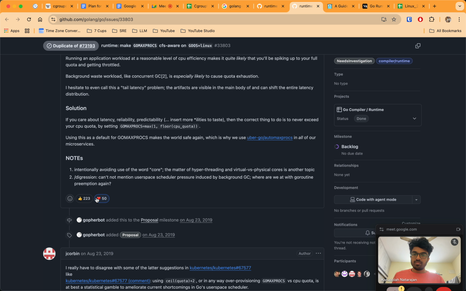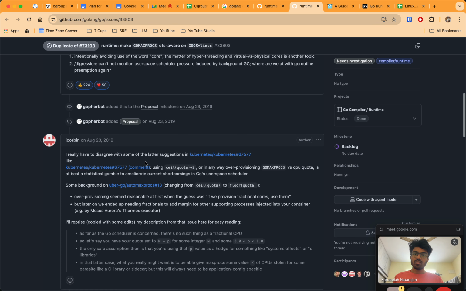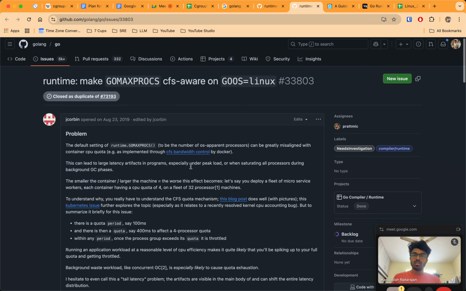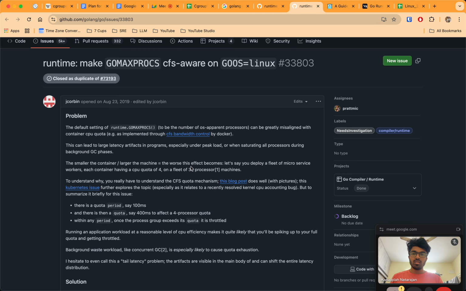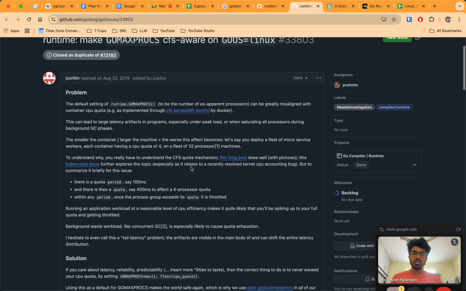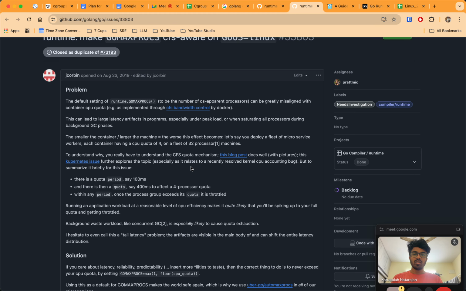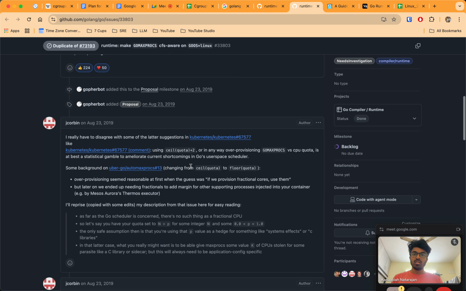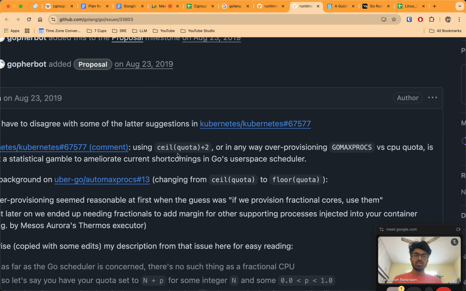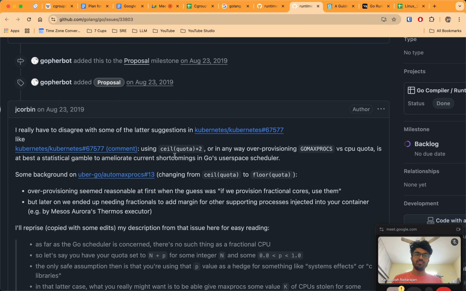So, I disagree with some of the later recommendations, like using ceil quota plus or linear over provisioning commands versus CPU quota.